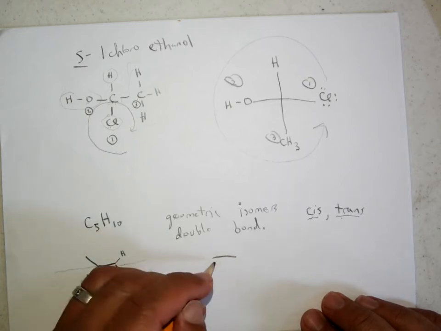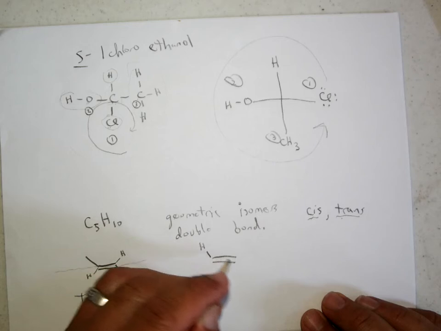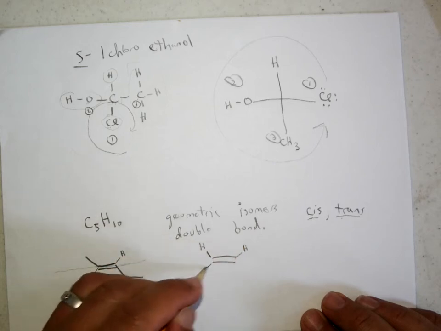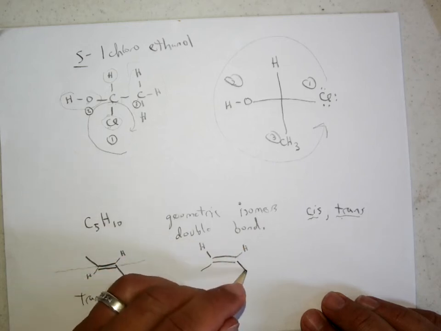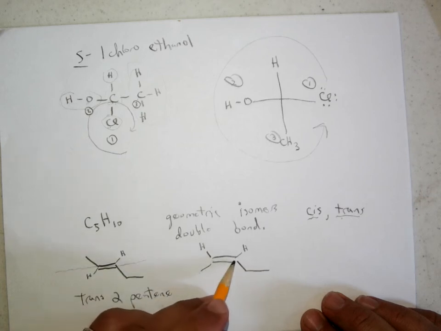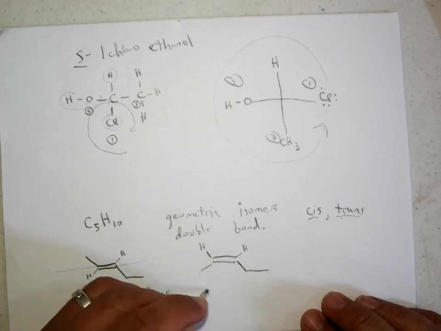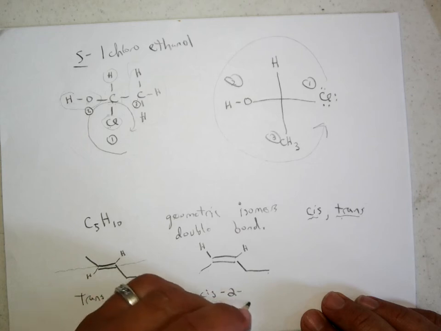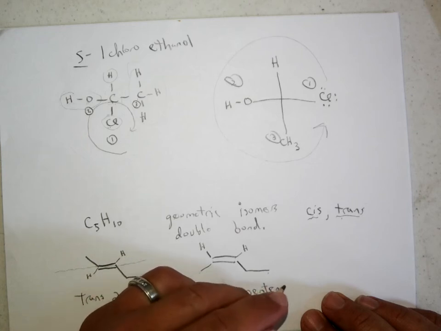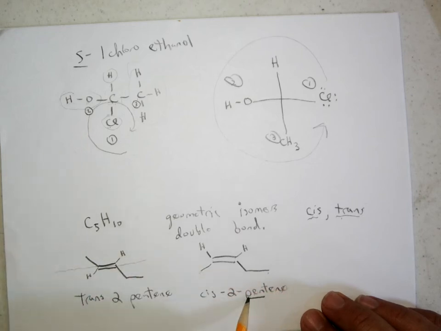And then if you put the hydrogens next to each other, then the other substituents, 1, 2, 3, 4, 5, there's cis 2-pentene, where pent means 5 carbons, ene means you've got your double bond, 2 means the double bond starts on carbon number 2, 1, 2, 3, 4, 5, and then cis means the two hydrogens are next to each other